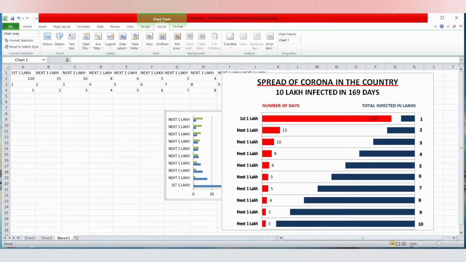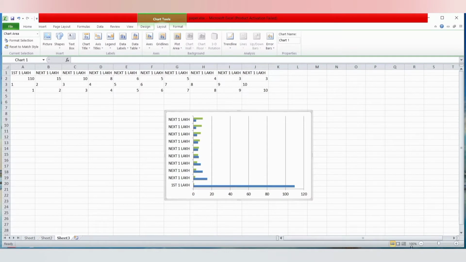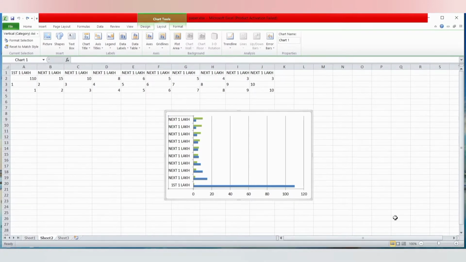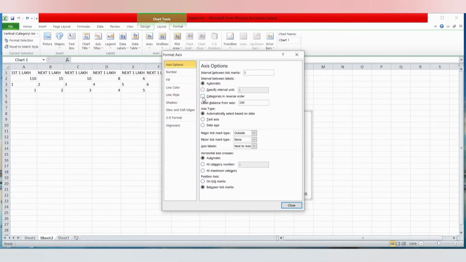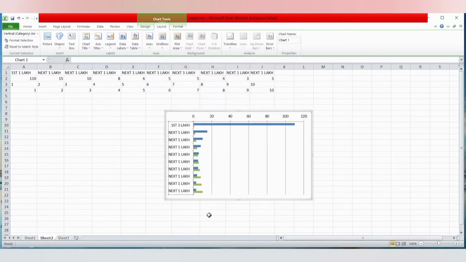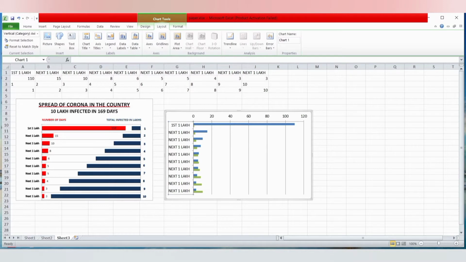In the model graph, the first lakh is on the top, but in our chart it is arranged upside down. Here you can do two things. One, you can write the data backwards, and secondly, if you have already typed the data, this is what you can do. Now I will select this axis, then go to Layout, select Format Selection and tick the checkbox Categories in reverse order, and it will reverse. In the model graph, there are two sets of bar graphs with different axis values. So we will make a secondary axis.